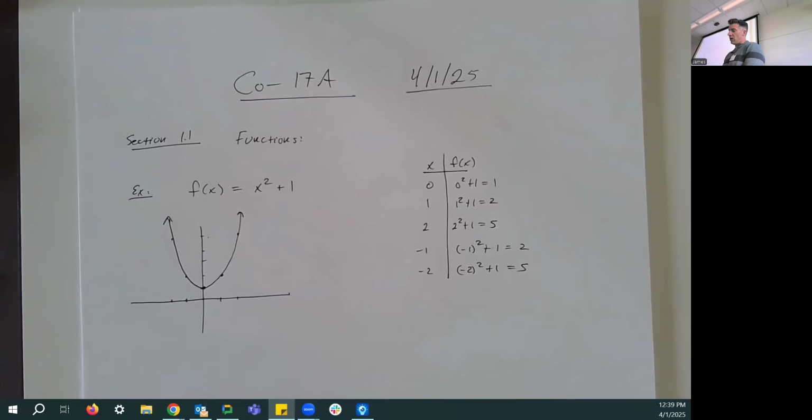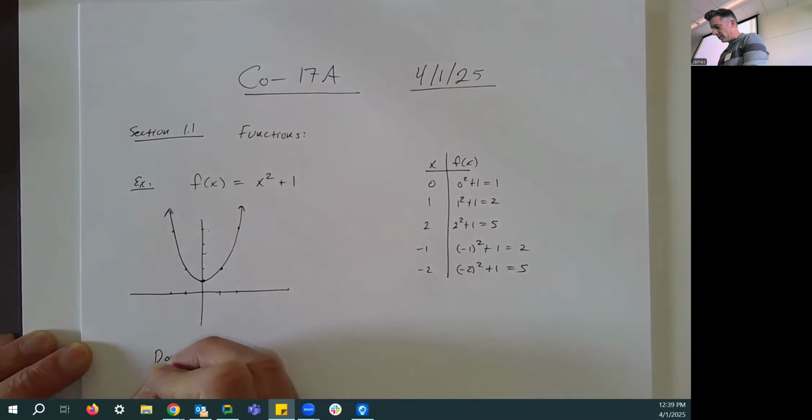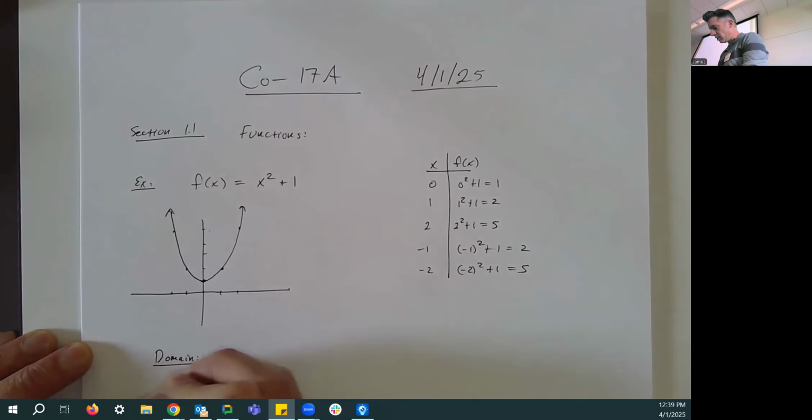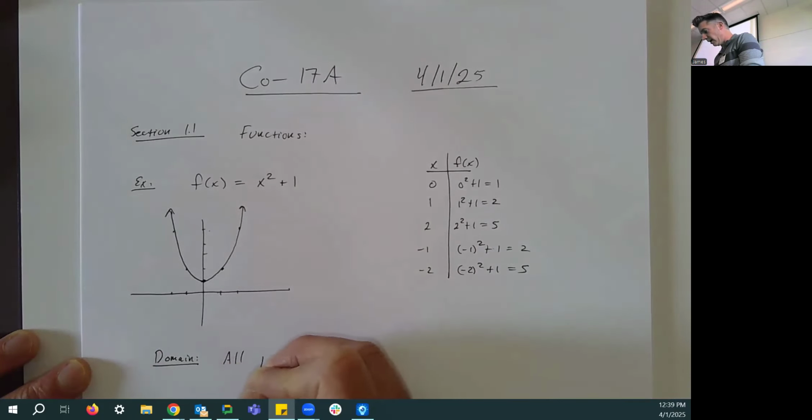What to say about this function? Well, what makes it a function? What makes something a function is the fact that each input only has one output. So when we input, say, x equal to 1, we don't get two different output values. We just get one distinct output value. A couple other things to say about this function. Let's talk about the domain for a second. The domain, which I think of as all possible x values, or all possible inputs.